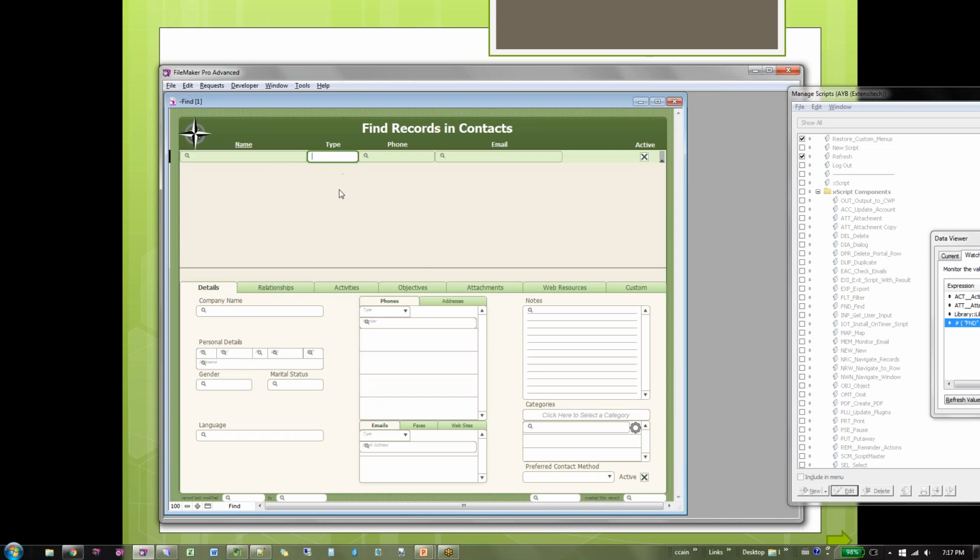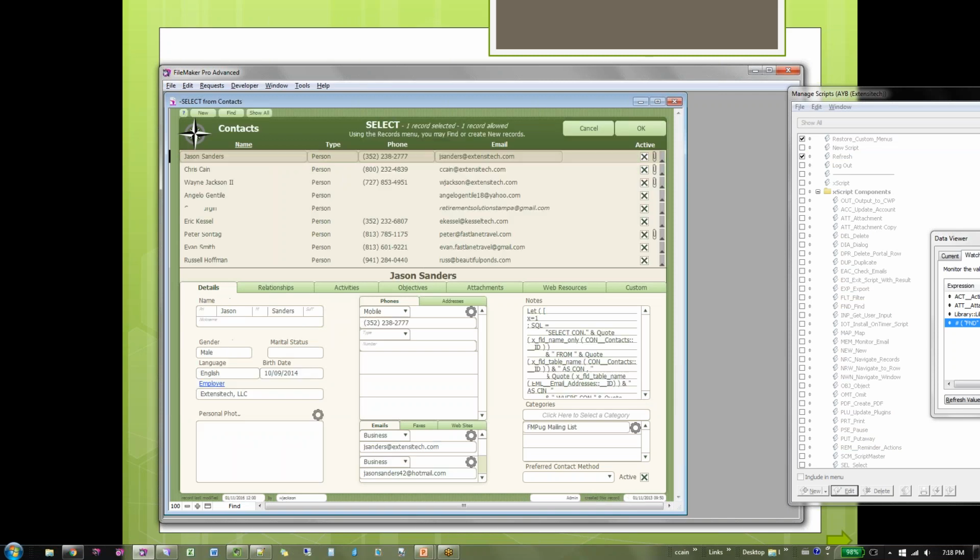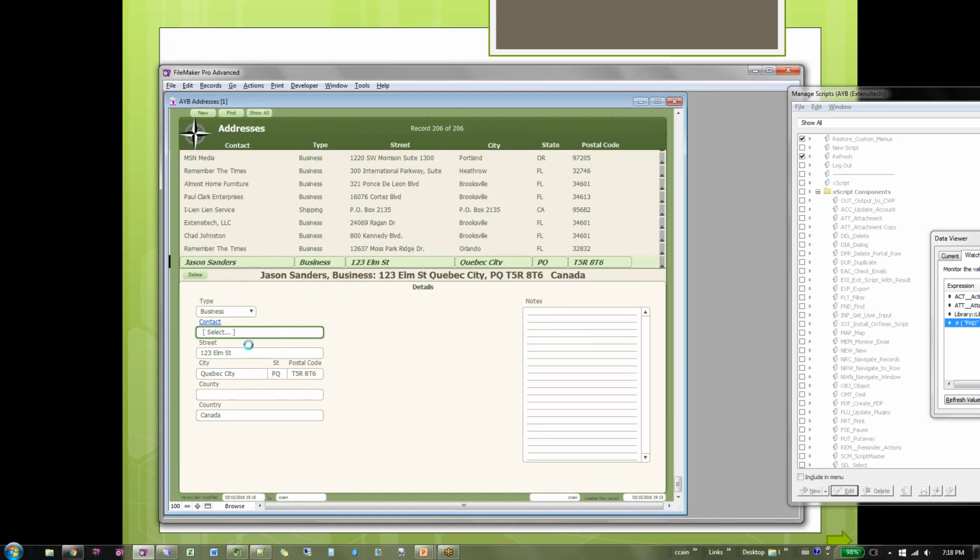Like I know that it's a person, and I know it's a male. And I finally get down to here. Oh, here's the guy I was looking for. So there's Jason. And I click OK, and it selects him. So, you know, that's a lot of details going into that. I think you'd agree. That's a lot more than just a drop-down list.